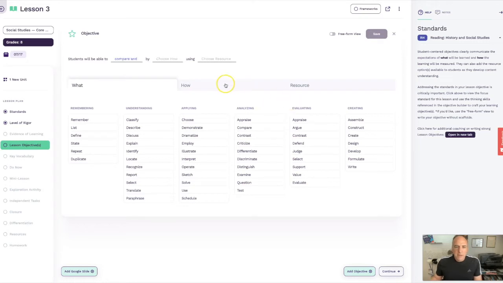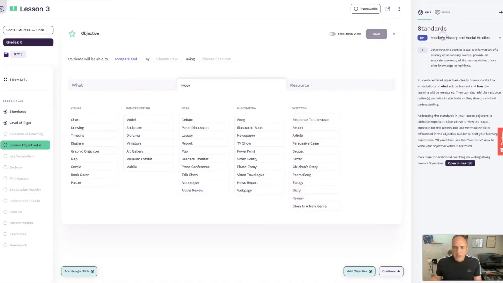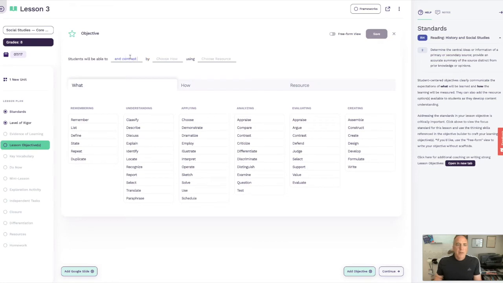By, let's see what my by statement might be. In this case, I know that I'm going to use a written text here, so I'm going to go low tech. And it says determine central ideas. So I'm going to compare and contrast, let's say, opposing viewpoints by citing text evidence